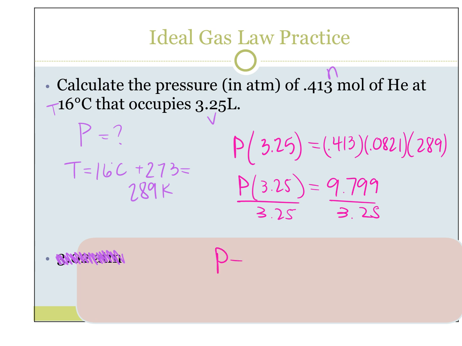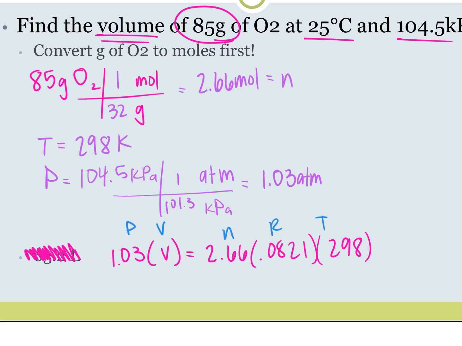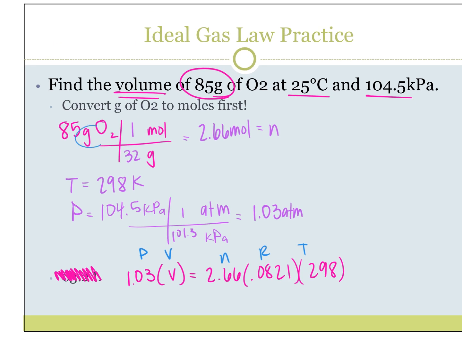So my pressure comes out somewhere around 3.02 atmospheres. I want to make sure everyone can do that in their calculator correctly. Yes. Okay, so for this one, we had to convert grams to moles, convert our temperature, convert our pressure, and we end up with like 63? Yeah. 63.2 liters.